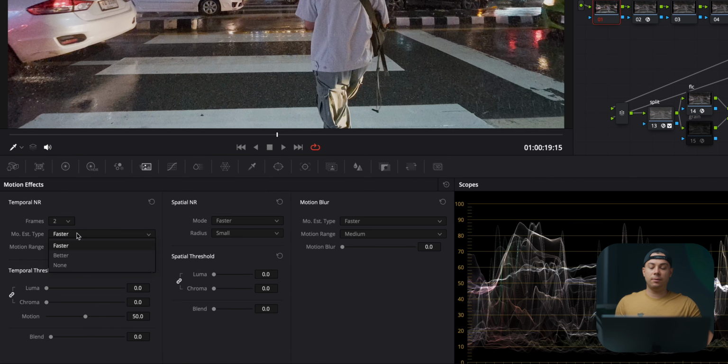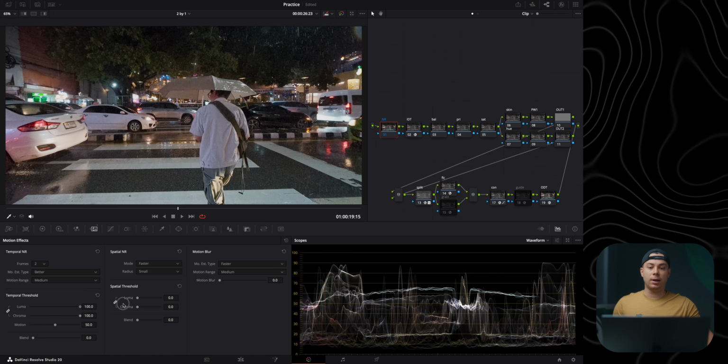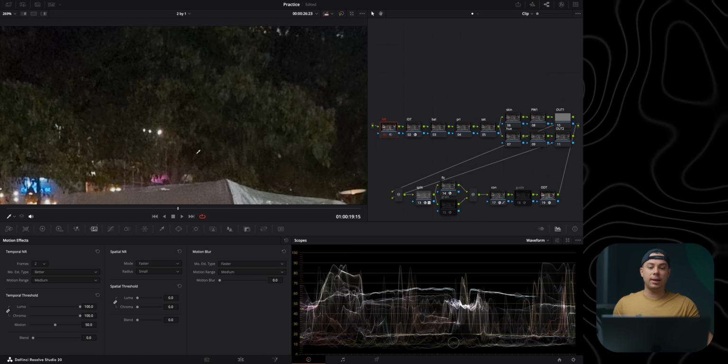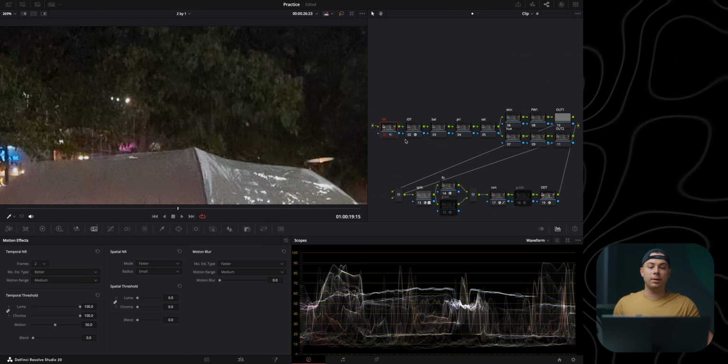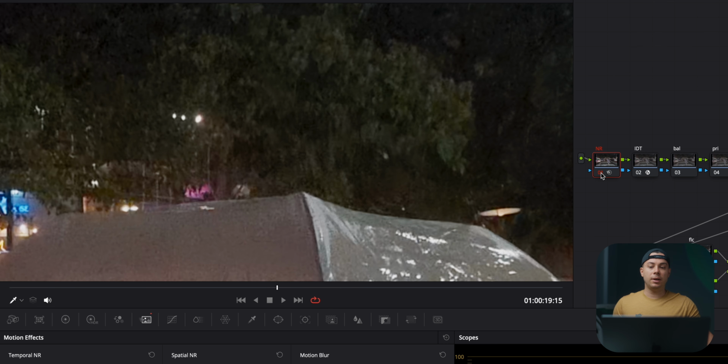to 2. This thing in here I'm going to set to better. And then I'm going to play around with this slider until I see it creates a dramatic difference. And then I'm going to slightly go back just to preserve some detail in the shot, because if I put this to like 100%, as you can see, it makes everything look plasticky and fake. So this is the before and after, before and after. I want to find the sweet spot between reducing the noise while keeping the detail,